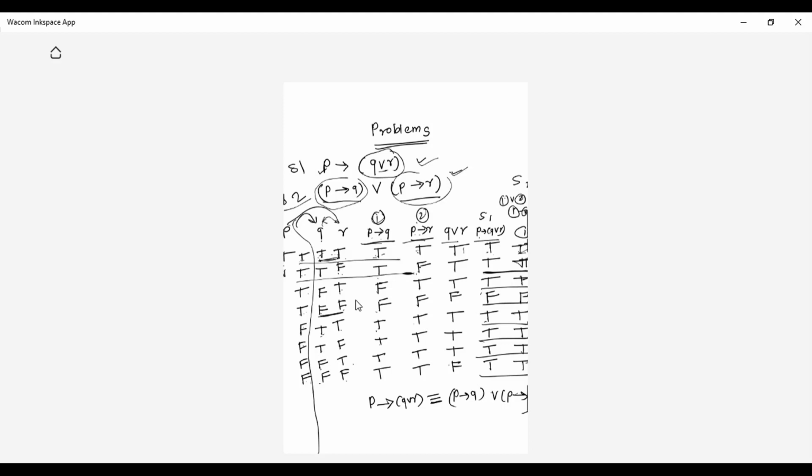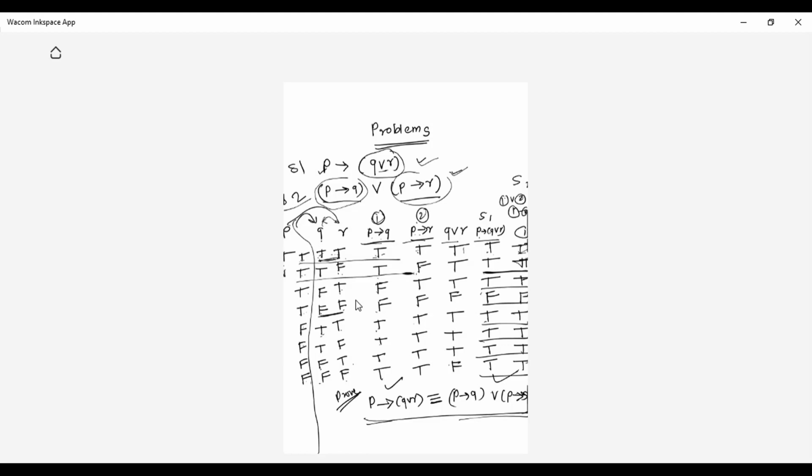Okay. So at this point, I would write this. And this is how you have to solve the problem. So you will have problems like this, and they will ask you whether it is equivalent or not, or prove that this is equivalent to this, this LHS is equivalent to RHS. So you have to go this way. You have to draw the truth table and solve. You have to show that both the statements' truth values are similar. That's why it is equivalent.